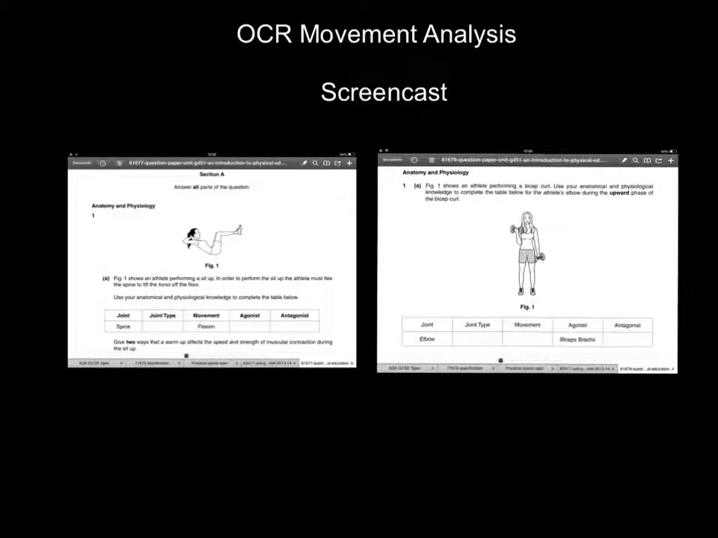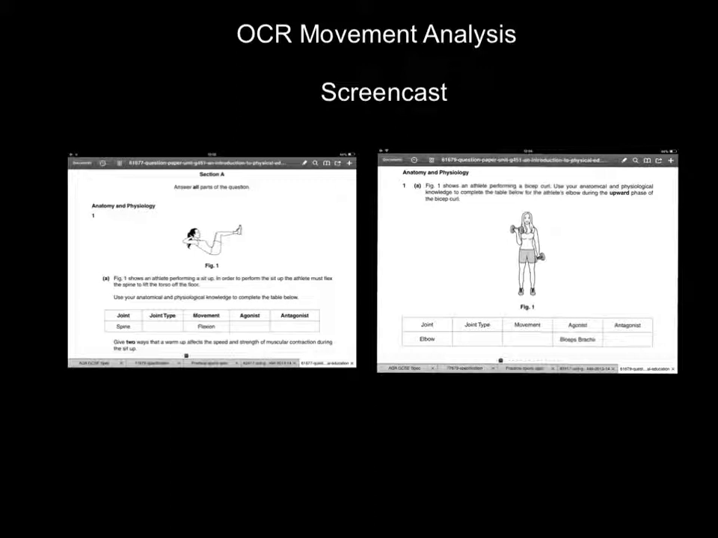Alright guys, the primary focus of this screencast is to look in depth into the topic of movement analysis. This is a pretty important topic as it features quite heavily, usually as the first question in a lot of the AS papers, where you are given a sporting movement or sporting action and you're required to analyze them in the format below that I've shown here and here, where you're given a table, and depending on what